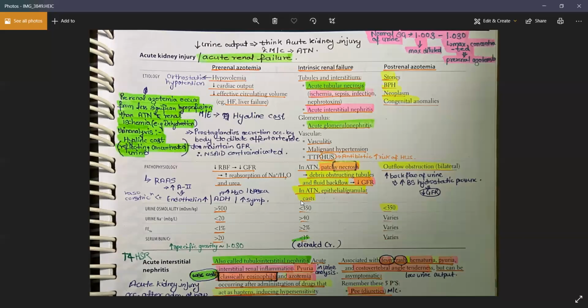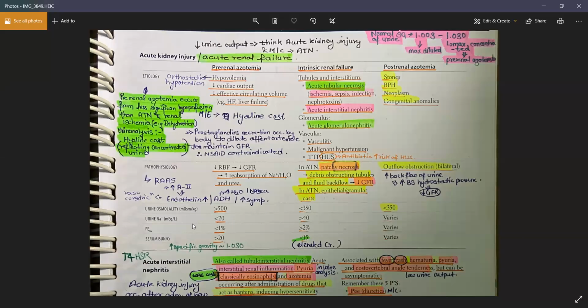Okay, the reason I got confused is because in prerenal azotemia, it's, oh, okay, never mind. I understand now. In prerenal azotemia, your kidneys are working fine. They're just managing somehow all these causes, right? Yeah, I misread. I read it as 003, not 0.03. Now I understand. Thank you.